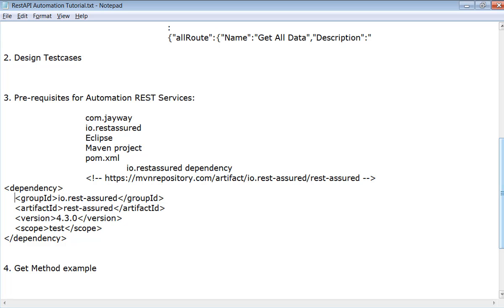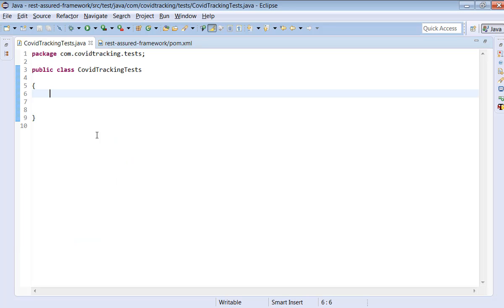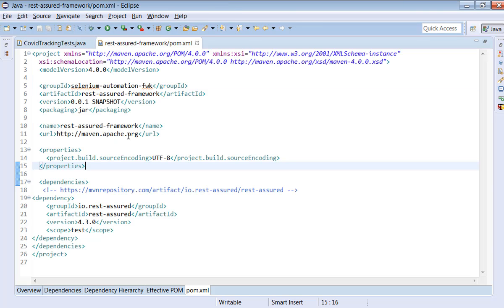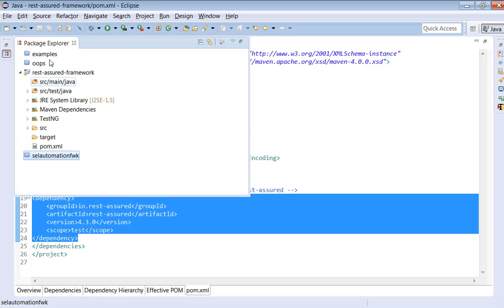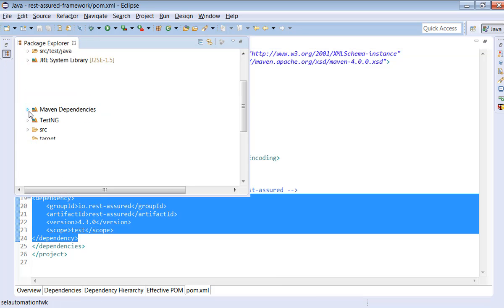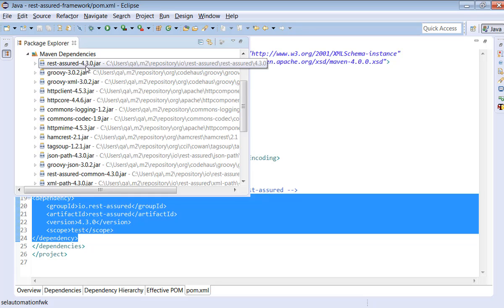So let's start. I opened Eclipse already. I have added the required dependency in the pom.xml file, and when I go back to the package explorer and expand the Maven dependencies, I see Rest Assured 4.3.0 is available.